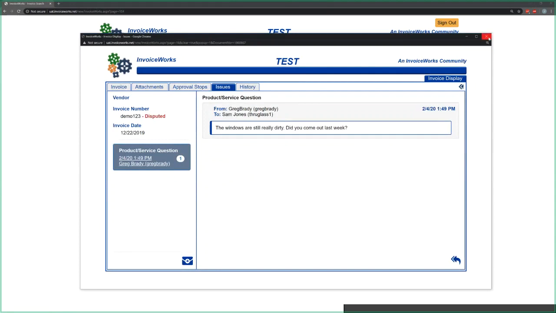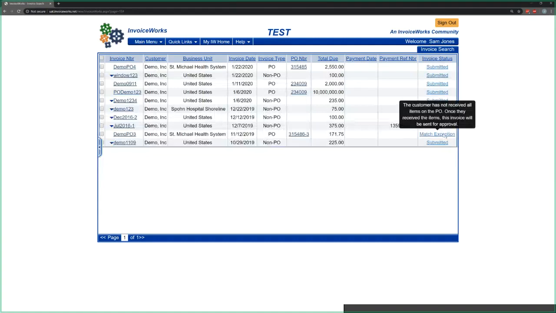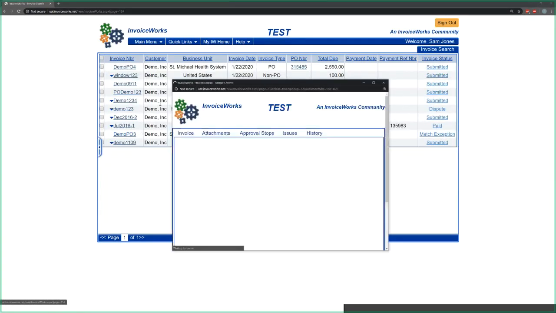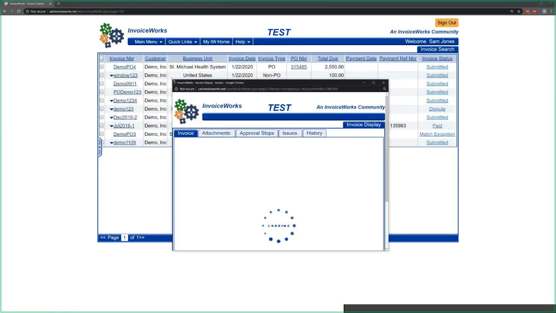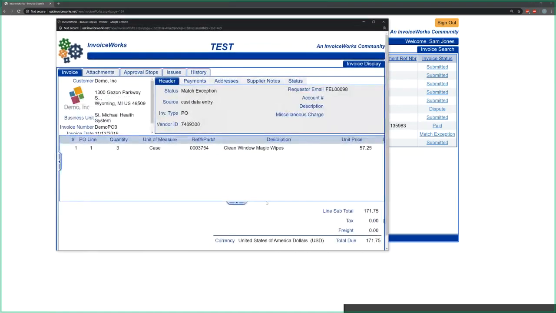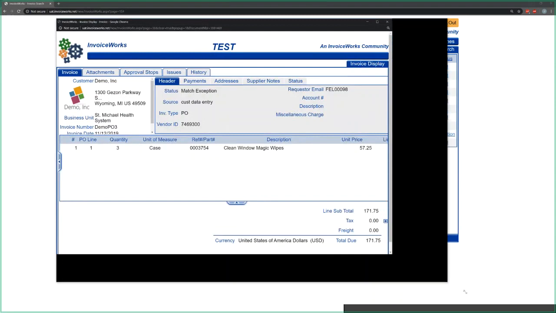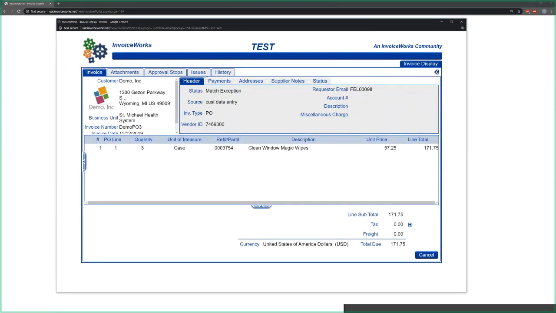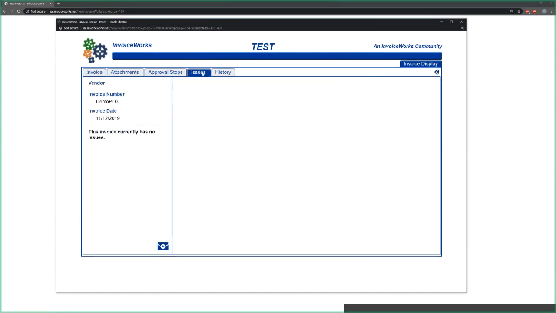If we go back to our search, we can also see that one of our invoices is in a match exception process. If we drill into this invoice, we might be able to find out why. Though it passed the validations up front, it might still have a problem in the process. If I go to my Issues tab, there aren't any issues. I don't see why this invoice may be stuck. I just know that it's in a match exception status,